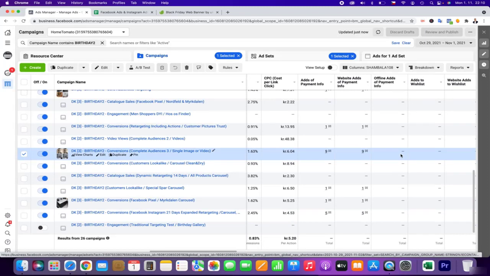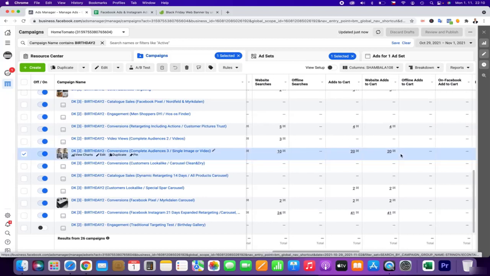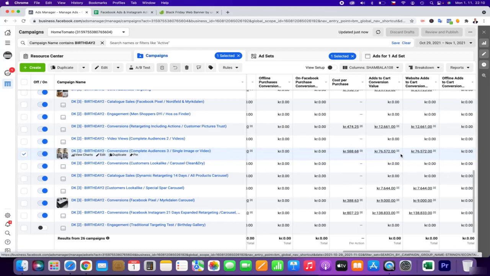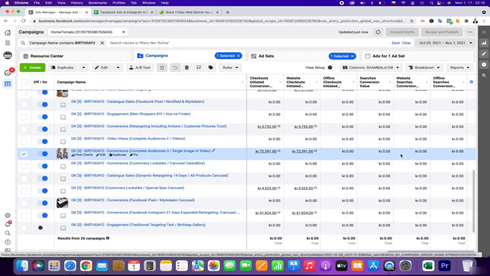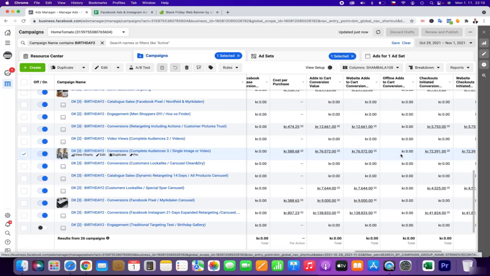Luckily I didn't really have to remake the ads, and it's running really well. Even the return on investment doesn't seem so high. You can see there are many add to cart actions, quite high value add to cart actions and quite high value started checkout. So that means that it's beneficial.